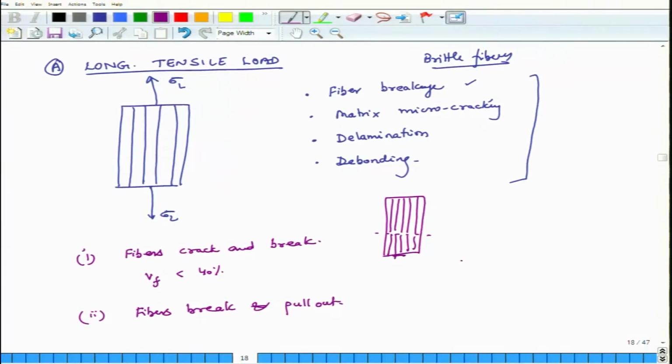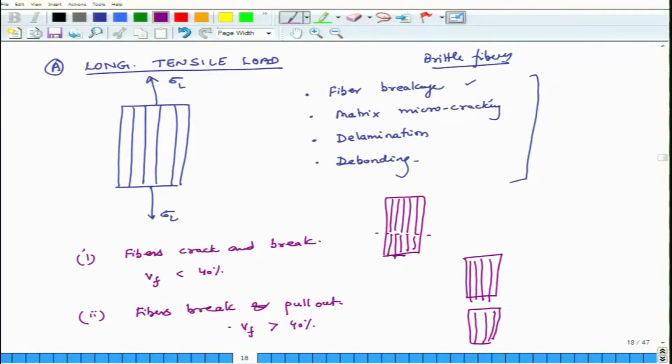So, when you have two pieces after breakage, you may find that some fibers are popping out of the surface like this, and on the other side you may have fibers like this. So, this happens typically when Vf is more than 40%